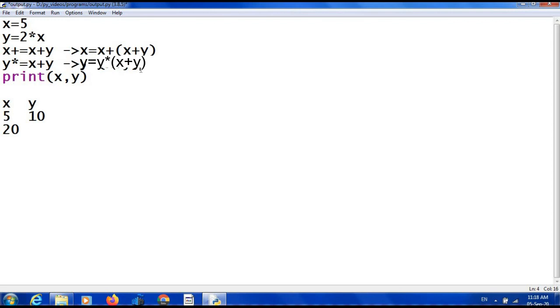So x plus y is 20 plus 10, 30. 30 into y, that is 10. 30 into 10 is 300. So the value of y is 300 here. The result is stored in y. Next is print x, y. See, the answer of an output question is the result of the output statement. Here it is print. Okay, we will see the result.